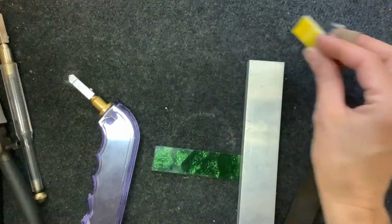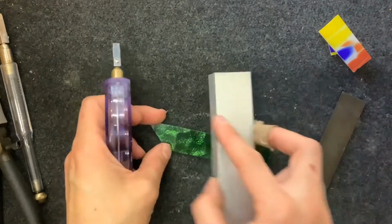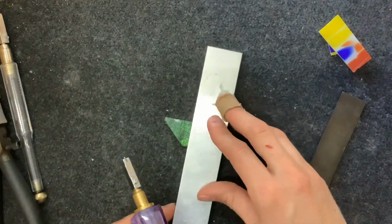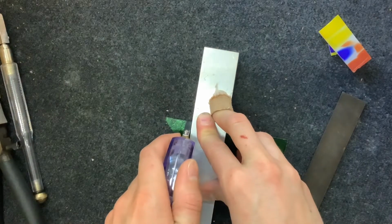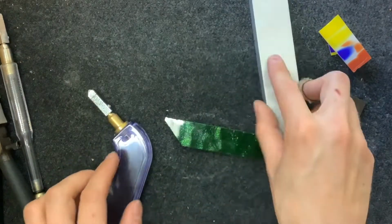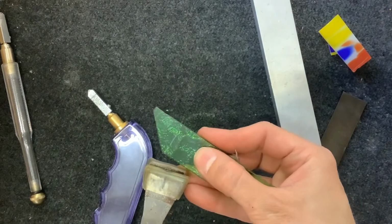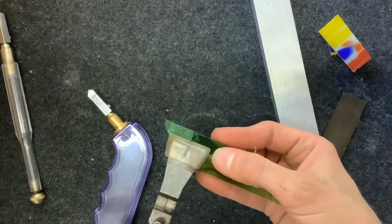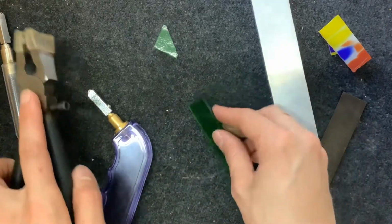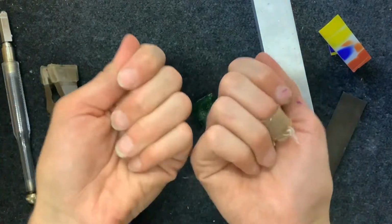Okay, so I'm going to show you again. We're doing that. I'm not going to mark this one out. I'm just going to cut. Maybe I'll just cut that triangular piece off the end there. Okay, so you could hear that again. You see that a little bit better on the transparent glass. Again, putting my running pliers in. Bing. Okay. Now, in theory, you can break glass by twisting and pulling away with your hands at the same time,